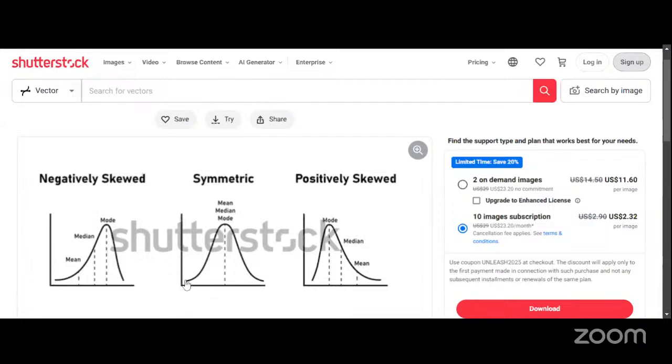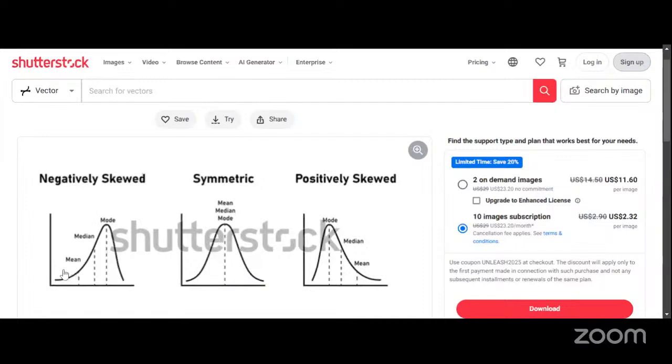So if all the numbers in a set are closely related together, by the time you calculate the average, you would have a bell shape like this. The central tendency will be perfectly at the middle. So what this means is that the mean, the median, and the mode will most times be very close to each other. Sometimes it might even be the same.